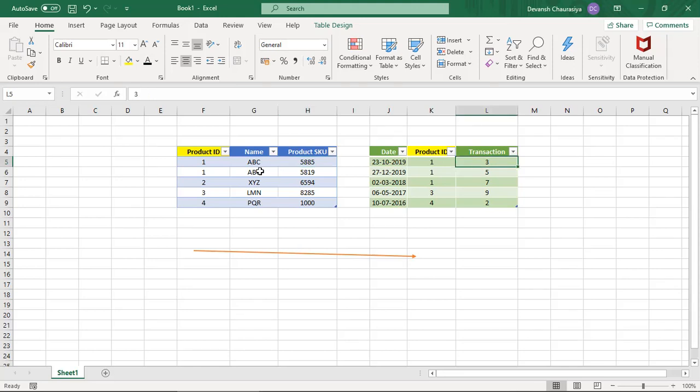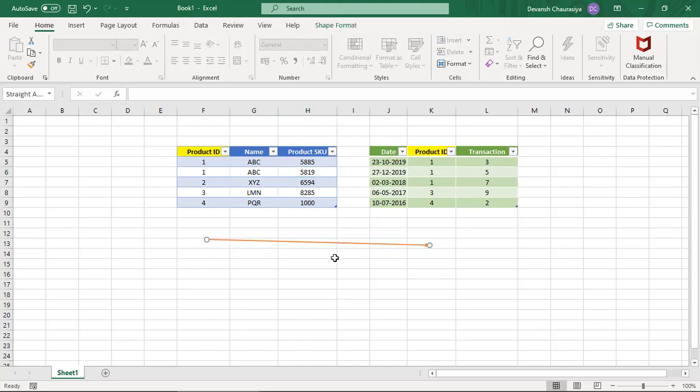But if I'm pulling for ABC, I'm confused whether it's transaction 3 or 5 or 7. Or if I'm pulling it in reverse, it belongs to which SKU, this or this. So we have to understand that the relationship has to be one to many.